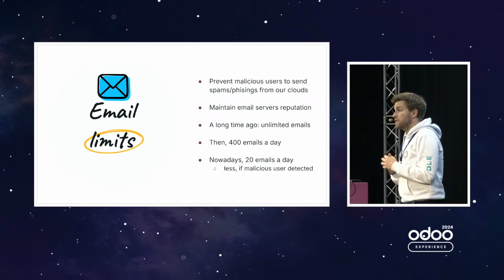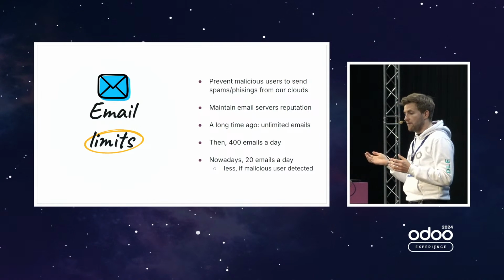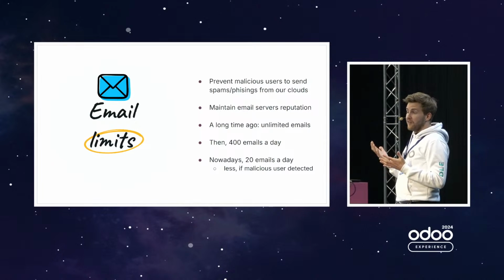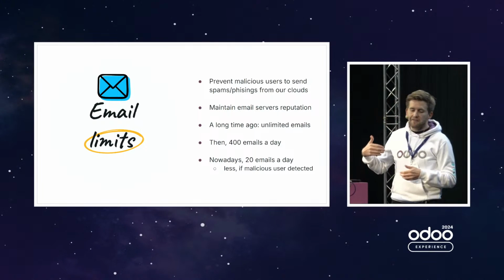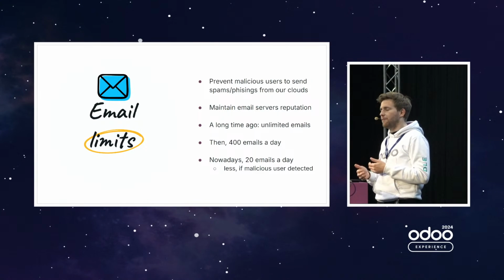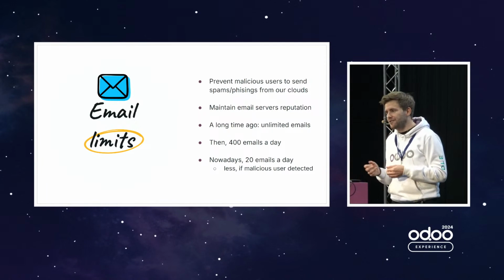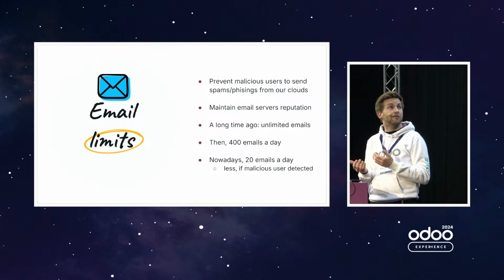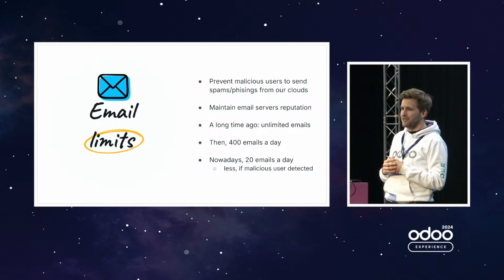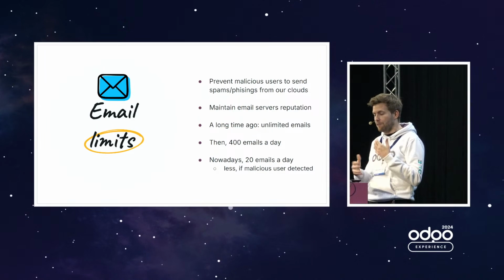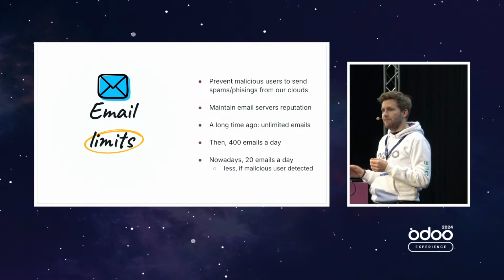Email limits. So I explained that more and more users are using Odoo Online to send spam emails. At the very beginning of Odoo Online, there was no limit. You could send as many emails as you wanted. Then there were more and more people using our platform as a spam platform. So we limited it to 400 mails a day. Nowadays it's 20 mails a day each time you create a new trial on Odoo Online, and it's even less than 20 emails if we find suspicious behavior in the database you created. It's 1 or 2. If we believe that there is something wrong in your naming or in the content of the website, we will limit it to 1 mail.